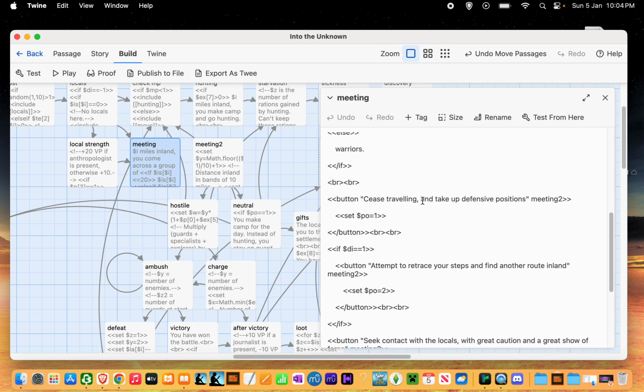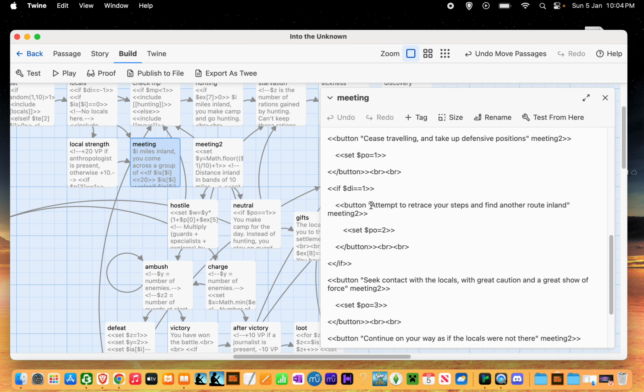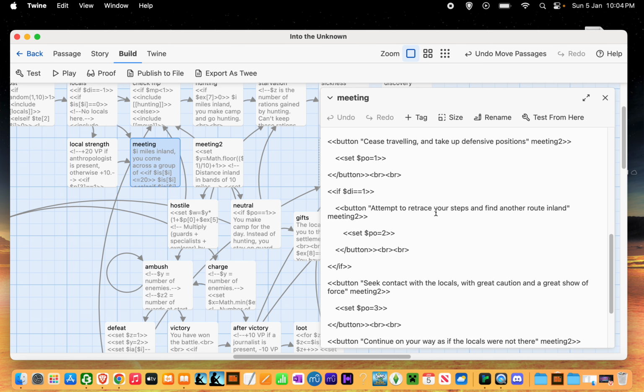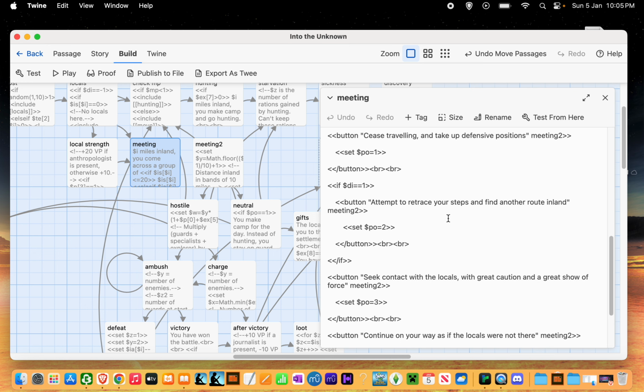You can cease travelling, take up defensive positions. You can attempt to retrace your steps and find another route inland, or at least you can do that if you're heading inland. If you're heading back to the coast, the assumption that I made is that you would be sticking to the route that you know, and therefore you'd be unwilling to diverge in case you got lost and ended up miles down the coast and didn't know how to find your way